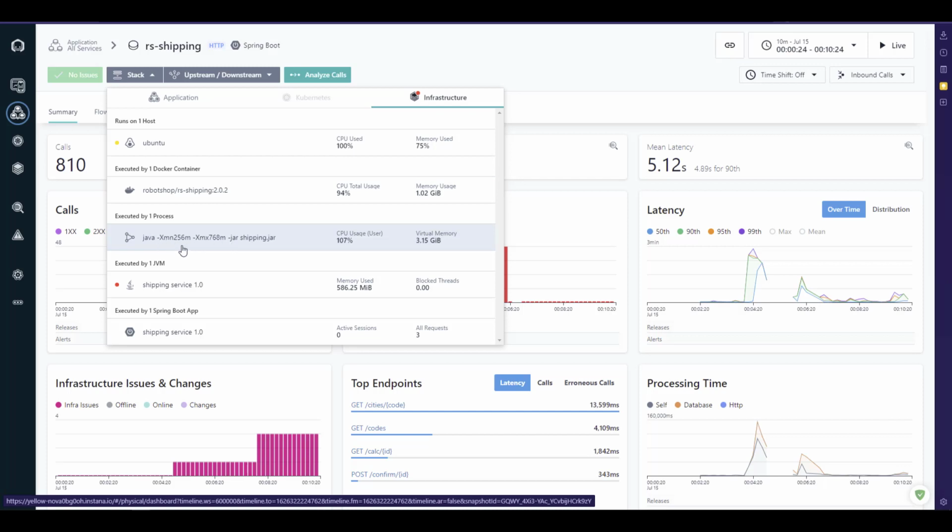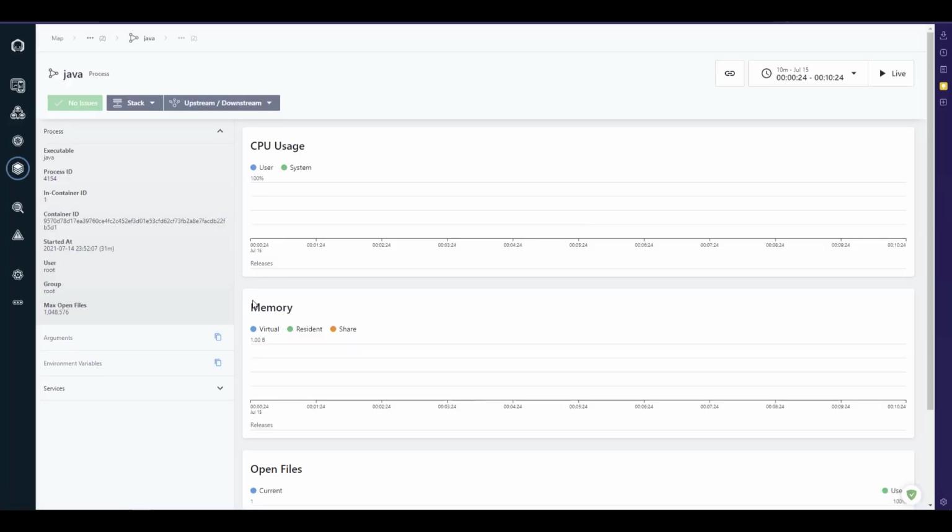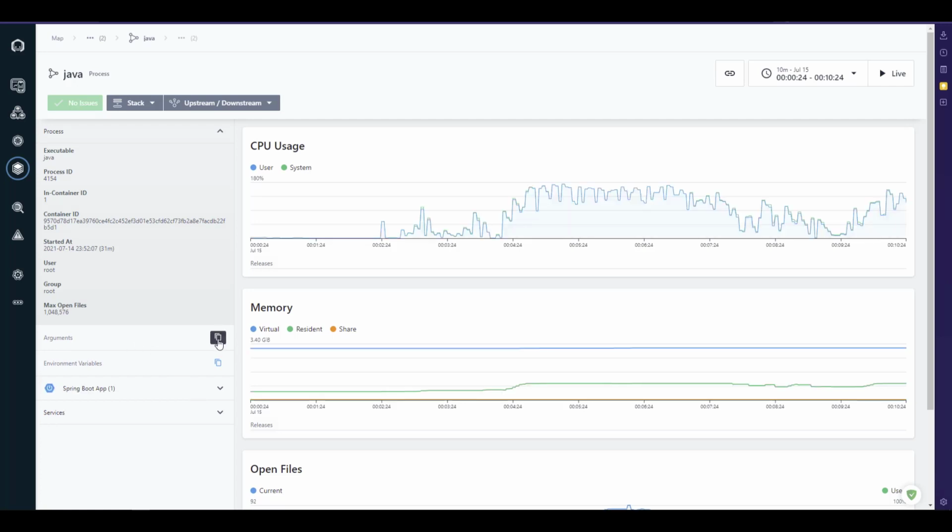So this is our Java arguments which we have sent. Probably we have to change this particular argument values. Now if you click on this particular process, and if you click on this copy, here also you can see the arguments. So this will help you to tune your JVM arguments for the better performance. So this is how you use Instana to deep dive into your application and see what's going on.